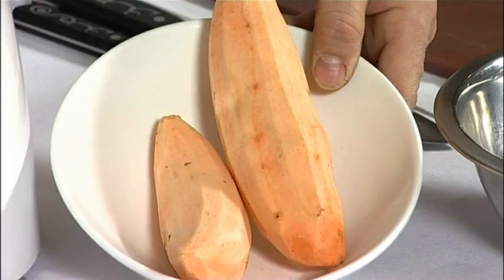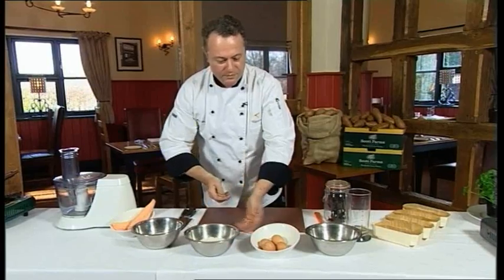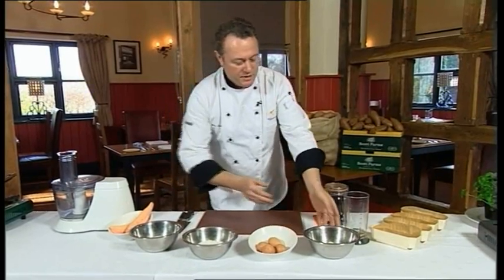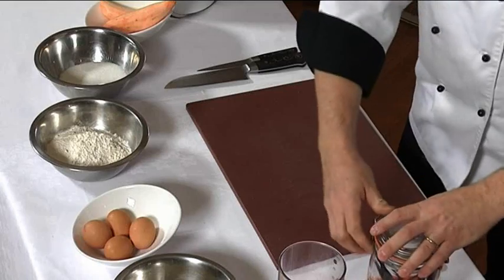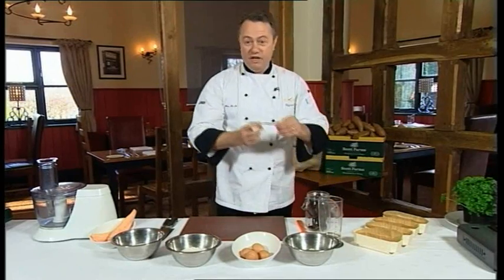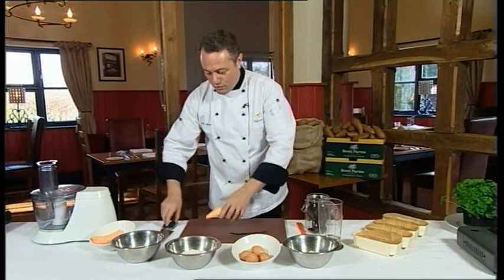Main one, of course, sweet potato, sugar, self-raising flour, eggs, white chocolate, a little bit of vegetable oil, and of course the queen of spice, vanilla. Smells fantastic. So what we're going to do, first of all,